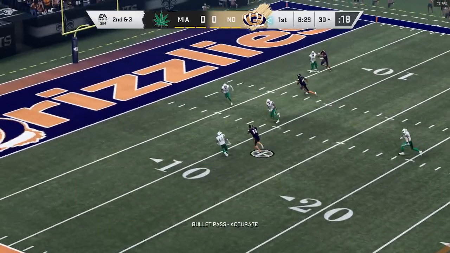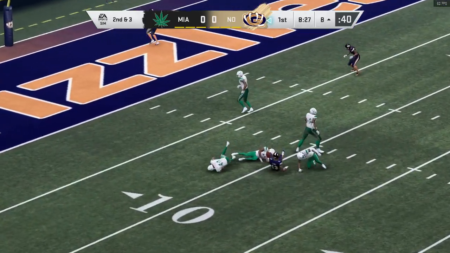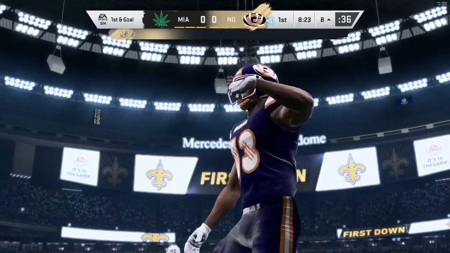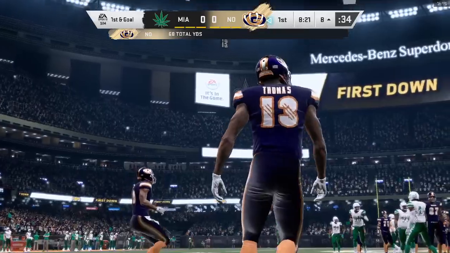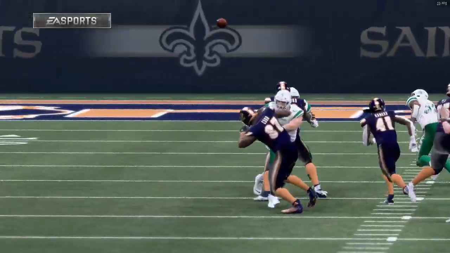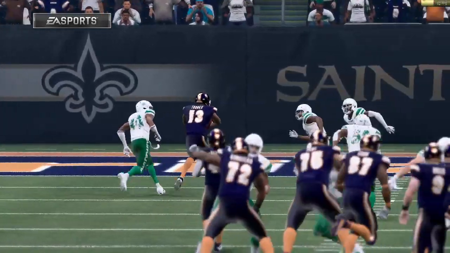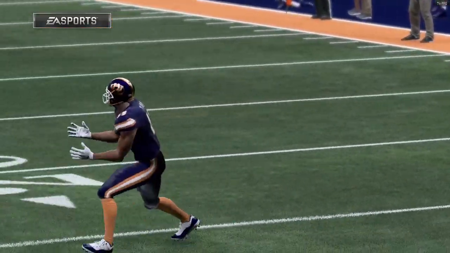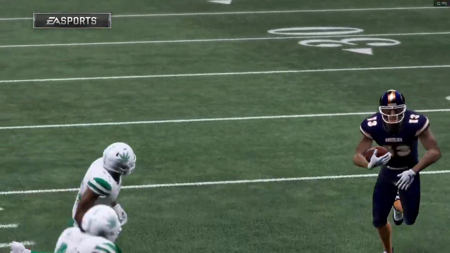To throw again on 2nd down. Breeze. And Thomas has it. And he's brought down, but not before he reaches the 8-yard line. A well-executed 22-yard gain. His passing's been on point on this drive, hasn't it? Been very accurate, gotten the ball downfield, gained nice chunks of yardage, but now, in this situation,